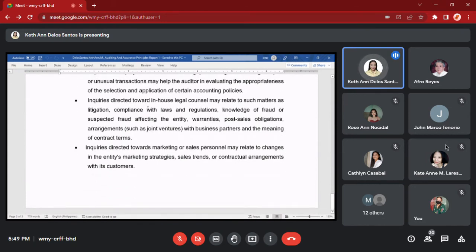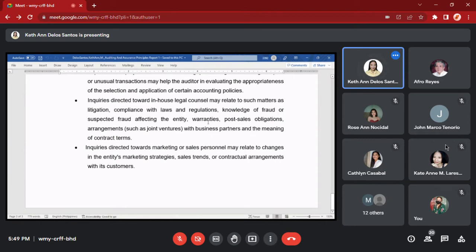Inquiries directed toward in-house legal counsel may related to such matter as litigation, compliance with law and regulation, knowledge of fraud or suspected fraud affecting the entity, warranties, post-sales obligation arrangement such as joint ventures with business partners and the meaning of the contract terms. Parang dito naman, ang involved naman sa inquiries na to, yung mga regulators within the company. Sila yung pwede natin pagkuhanan din ng mga information para ma-assess natin yung isang financial statement kung may risk of